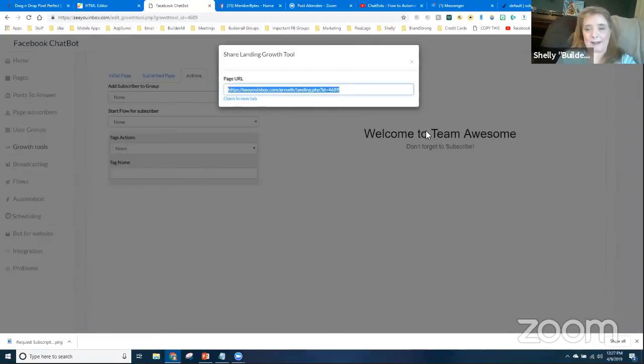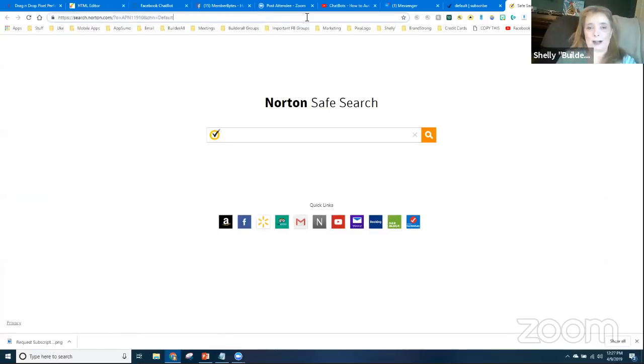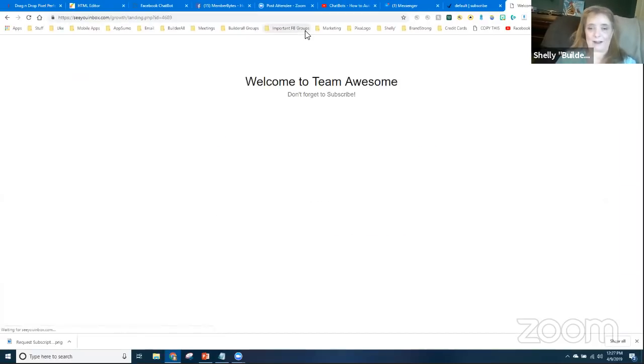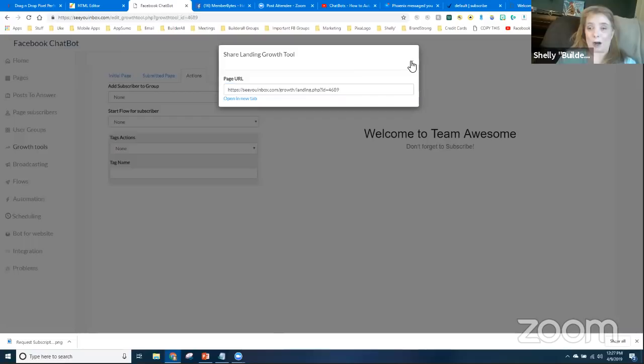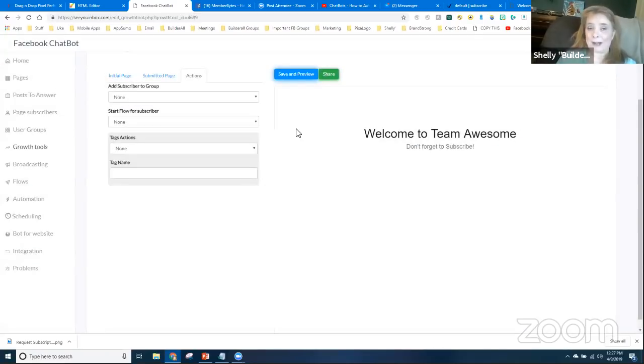So if I highlight that and then go over here and look at the whole page, that's what's showing up right now. Again, there should be a button right there. Not sure why it's not showing up, but we'll talk to the developers. So those are all the things that you can do with the growth tools. You can create a bar, you can create a pop-up, or you can create a whole landing page.